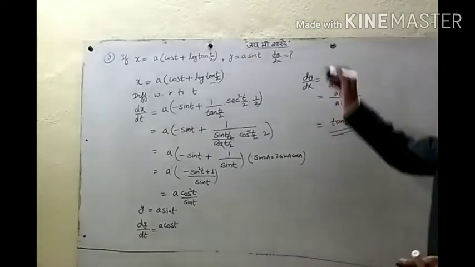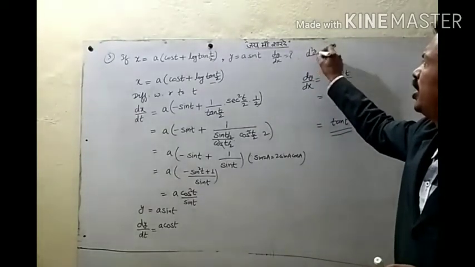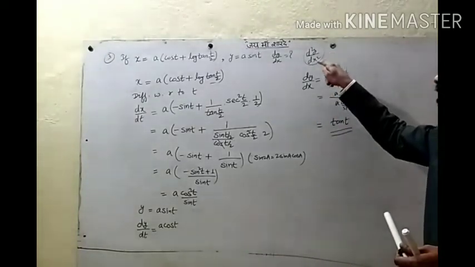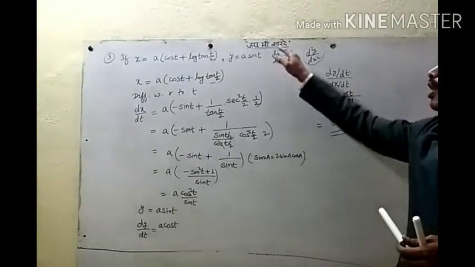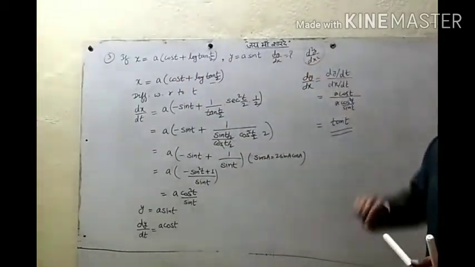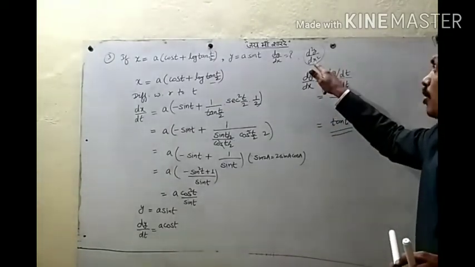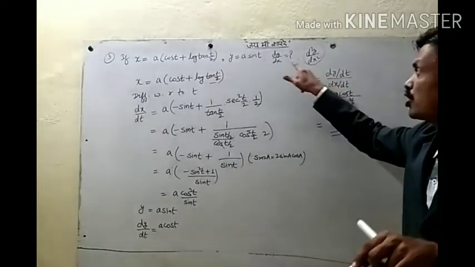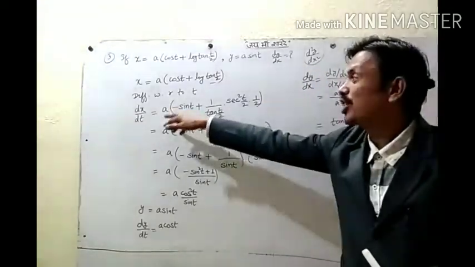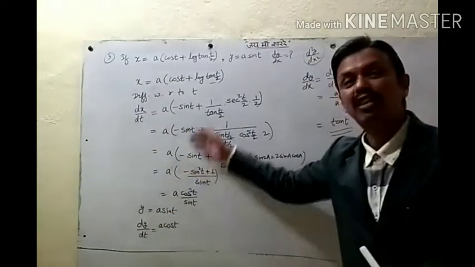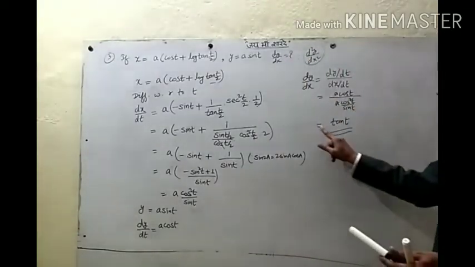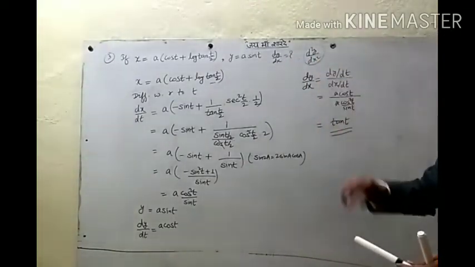Suppose we want to find d2y by dx square. So to find d2y by dx square, first we need dy by dx, right? If question is x equal to this, y equal to this, and find d2y by dx square. Okay. So to find second derivative of y, we need its first derivative. Then only you can find this value. Don't find d2x by dt square and d2y by dt square and divide them. It will be wrong. Always first we find dy by dx. Suppose we got dy by dx here, and we need d2y by dx square for second order derivative.